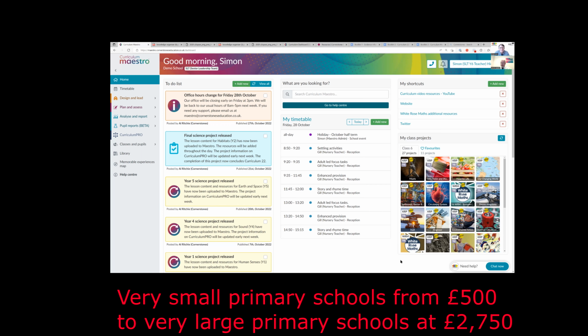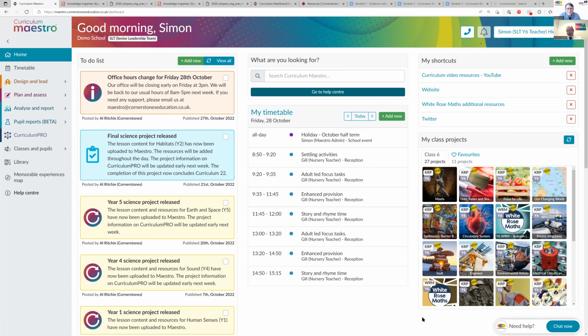We see that's the value, and we've actually found that we can save money for schools who are using assessment packages and paying for tests and things, because they're all included in Maestro. But we do huge reductions for those tiny schools as well. Yes, otherwise they wouldn't be able to afford to use it, I suppose. But that's very good news, and I'll put up the details of that on the screen afterwards.